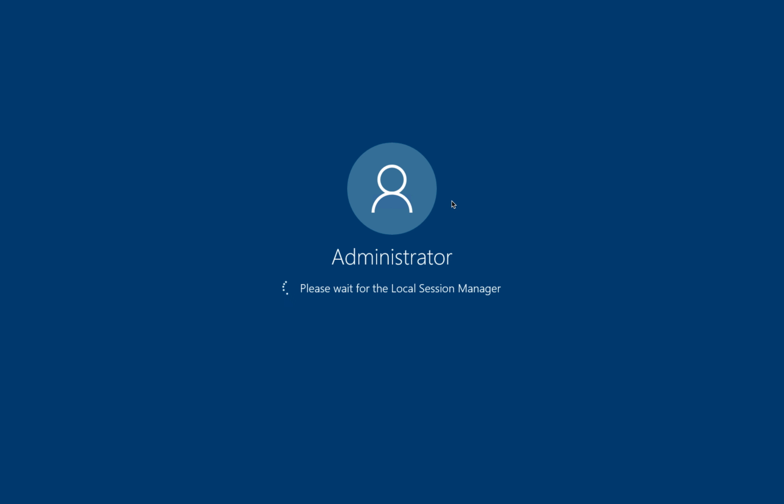Double click. Let's try to RDP to the server. And here we go. We are able to log in to the administrator with the password that we have reset with the help of Session Manager.